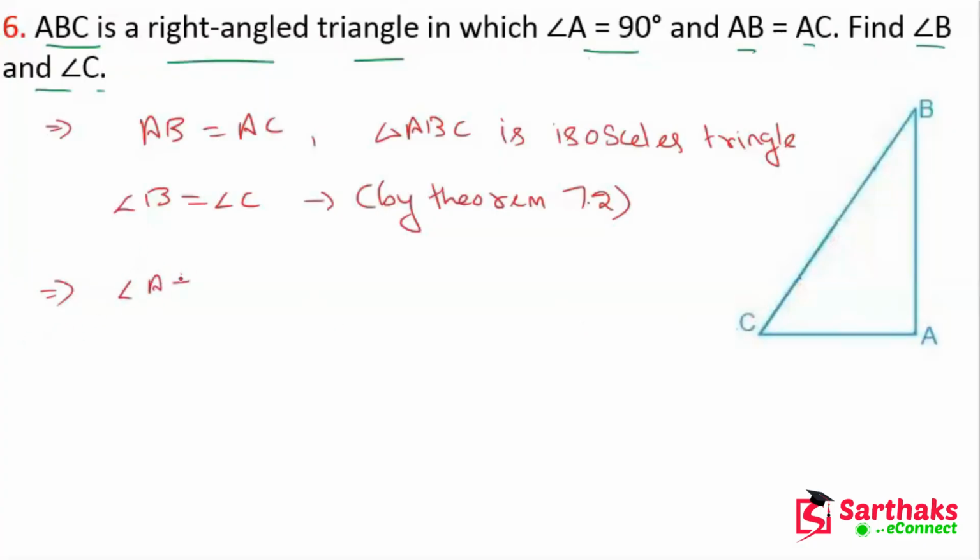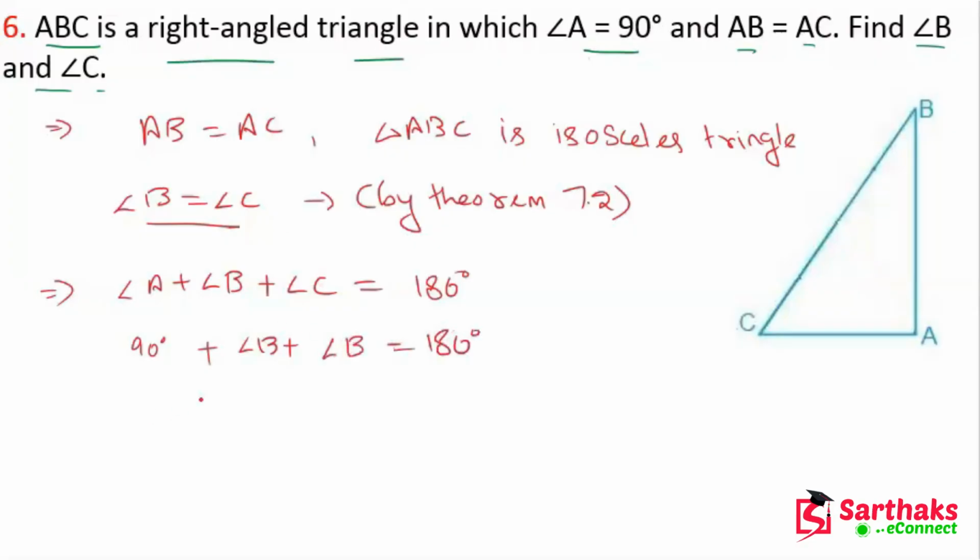So angle A plus angle B plus angle C is equal to 180 degrees. Angle A is 90 degrees, plus angle B, plus we can write angle B in place of angle C because both angles are equal, and angle B is equal to